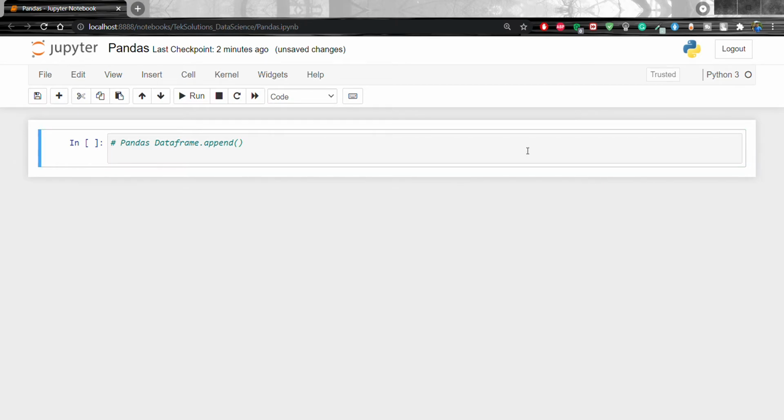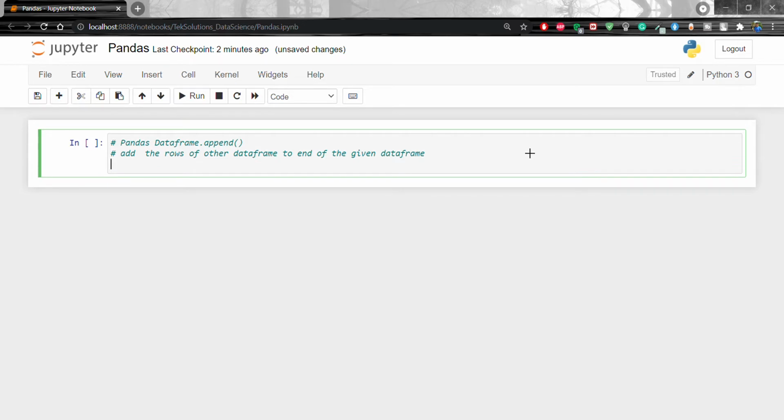So what will the append method do? The pandas append function is used to add the rows of the other data frame to the end of the given data frame, returning a new data frame object. The new column and the new cell are inserted into the original data frame and are populated with NaN values. So the data frame dot append function is going to add the rows of the other data frame to the end of the given data frame.